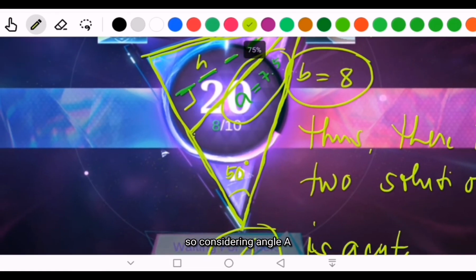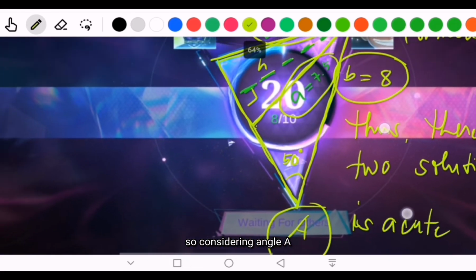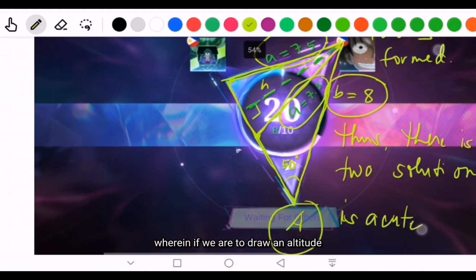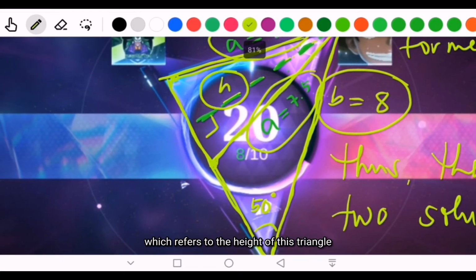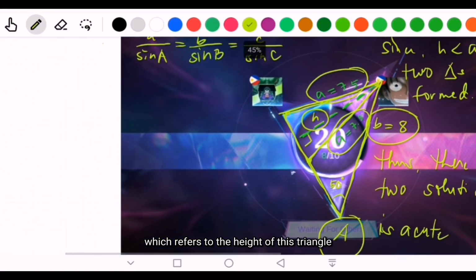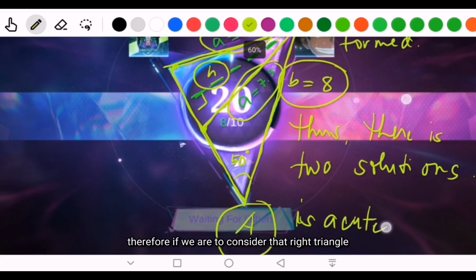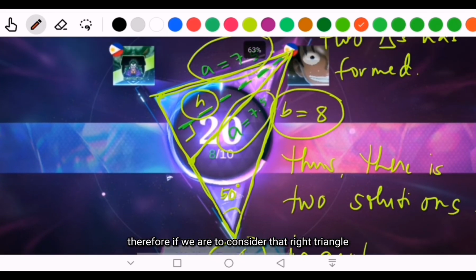So, considering angle A, side A, which is opposite of that angle, can be placed nearer angle A, or you can draw it further from angle A. So this is a situation wherein if we are to draw an altitude for this triangle, which is labeled as h, which refers to the height of this triangle, we were able to create a right triangle in here with that altitude. Therefore, we consider that right triangle,